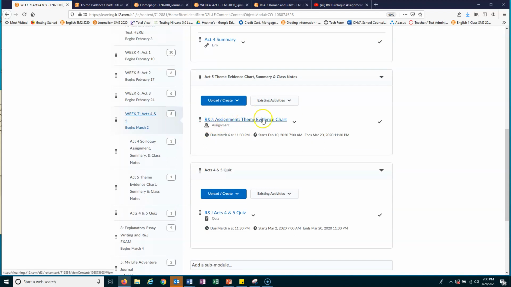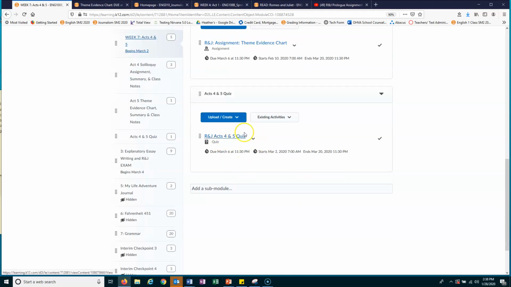So this is when your theme and evidence chart is due, right? You started it way back in week 4. Now you should be wrapping it up and it should be due, okay? And then you have the Acts 4 and 5 quiz. And then also you have the little grammar quiz, okay? So after that, in Unit 3, we are still going to continue Romeo and Juliet for 2 additional